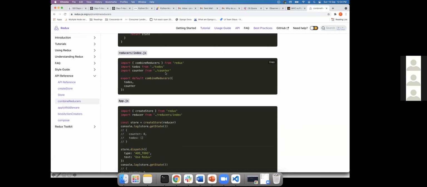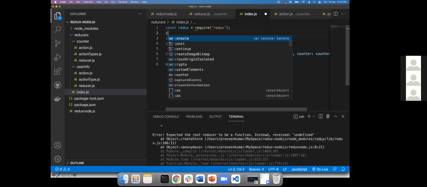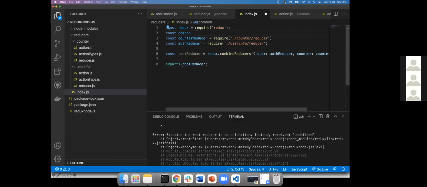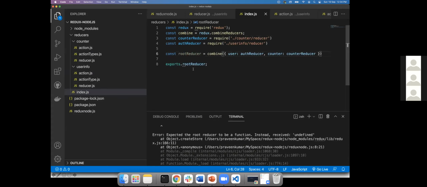So they import combineReducers. So what difference does it make? One second. It's a named export, right? Yeah. This is a named export. I understand. This is combining. Okay. Then we are exporting to default. We don't need to do the default export.